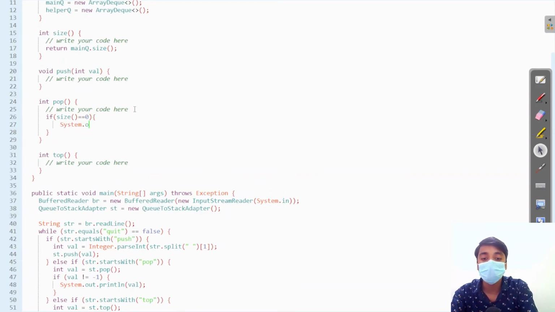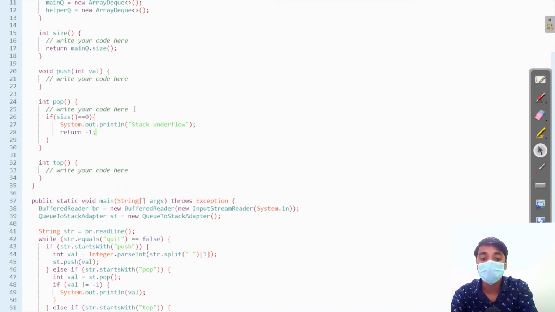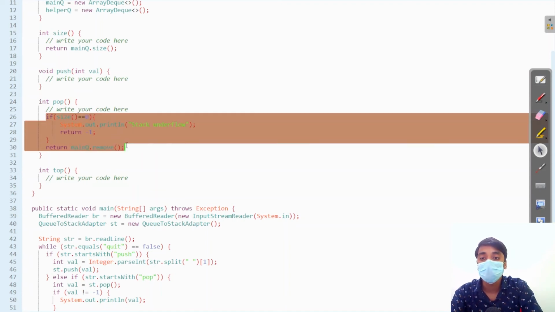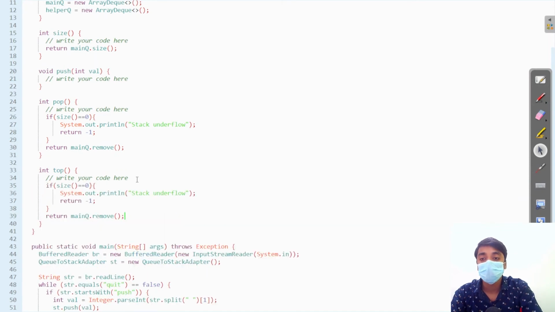If it is 0, we will print stack underflow and return -1. For popping the value, we will simply remove the first value from the main queue. The same goes for the top. This will take O(1) time.